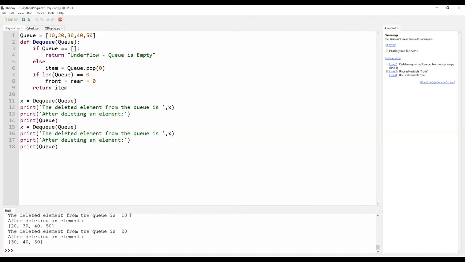Now we had deleted 2 elements. If I call 3 more times, I would have deleted all the elements from the queue. If I am calling for the 6th time, it means that I am trying to delete an element wherein the queue itself is empty.